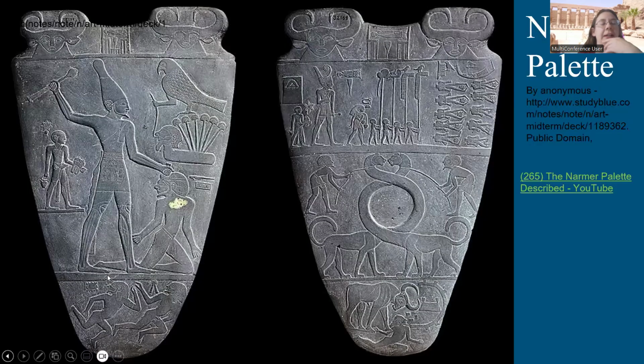Oh, and the other thing, again a motif that you see surface over and over in terms of how the ruler's depicted, is you see here, he is about to club down an enemy that he has by the hair. That striking motif is another pose that you will see the ruler depicted in over and over and over.